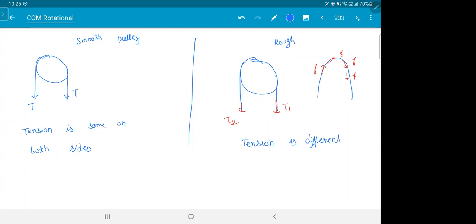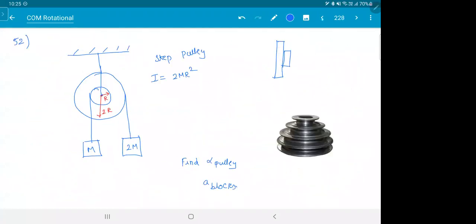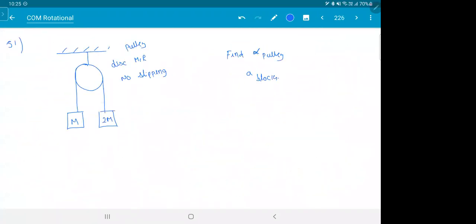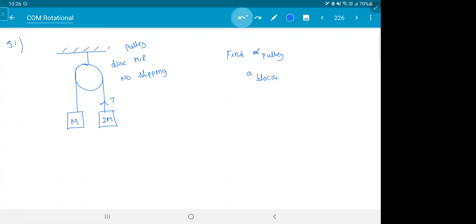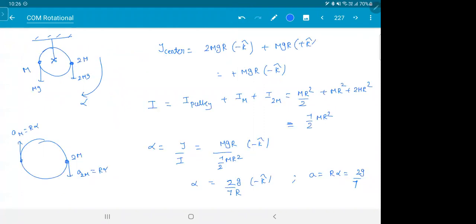So this is one thing I have to be careful about, since there is friction. If you see this problem, you must understand how much time it saves you. Normally, what will be the equations? T1, T2, there will be one force equation, one torque equation, and the no slipping condition. Four equations you have to solve. It becomes quite lengthy. But if you see now, we just solved it with total torque by total moment of inertia. Saves you a lot of time.